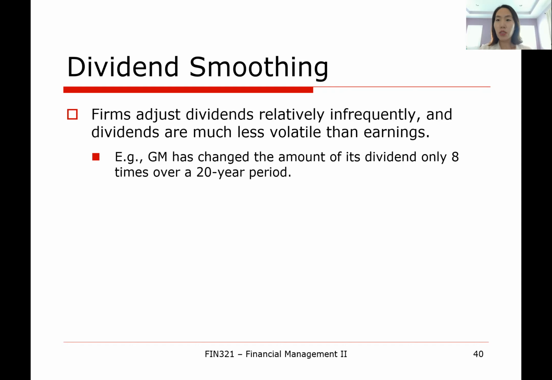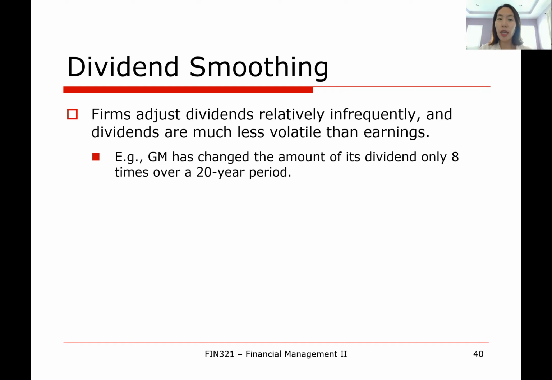Think about the sources of the dividend payment. Recall the standard income statement. The bottom line of the income statement is net income, and from this net income, the dividends can be paid out. So the source of cash to pay out dividends is the firm's net income, or net earnings. Then, theoretically, the firm's dividends have to fluctuate as much as its source, which is the firm's net earnings. But the reality is far from that prediction.